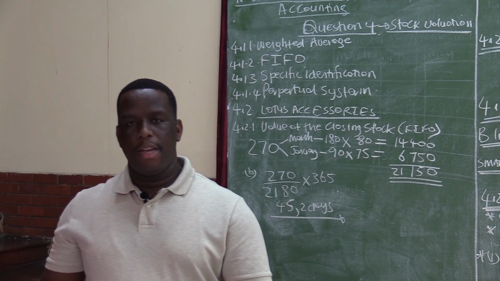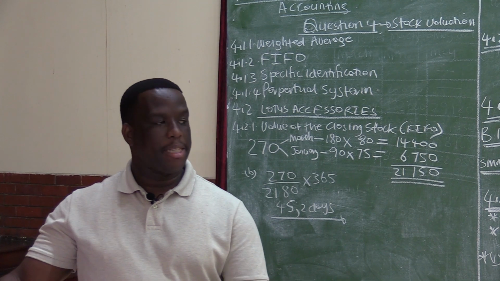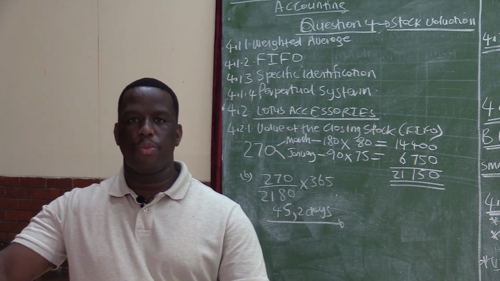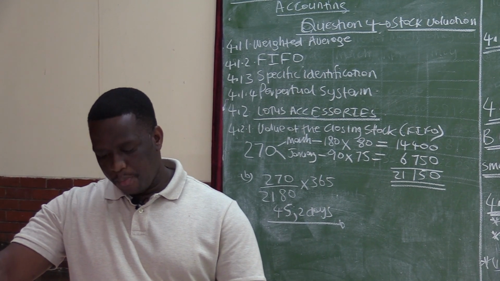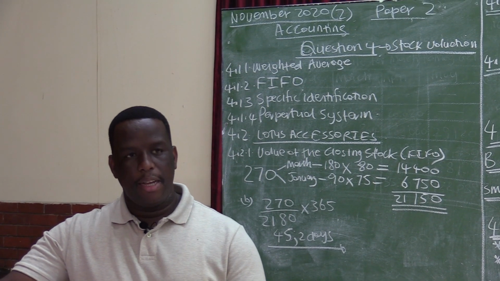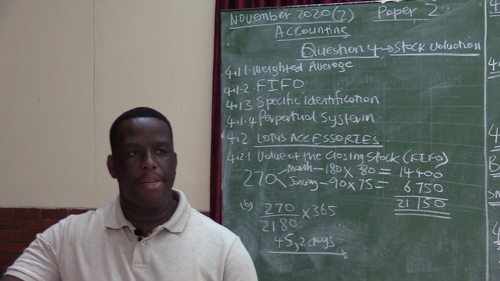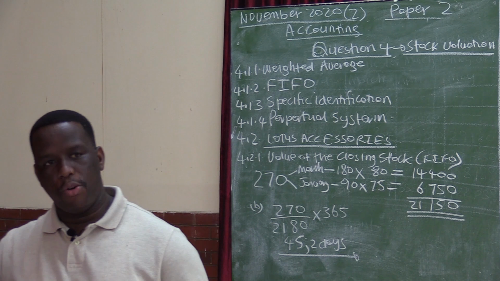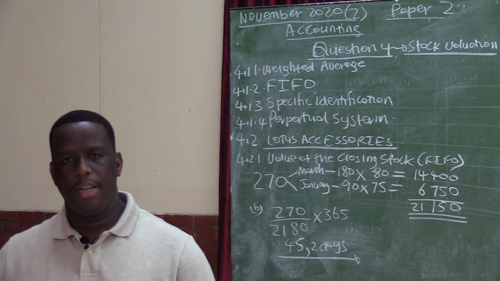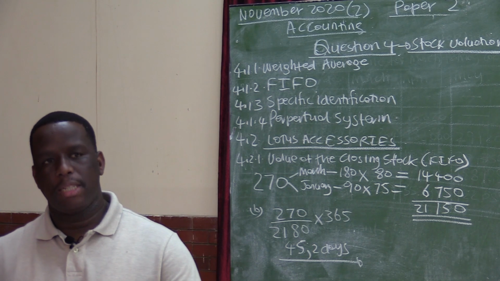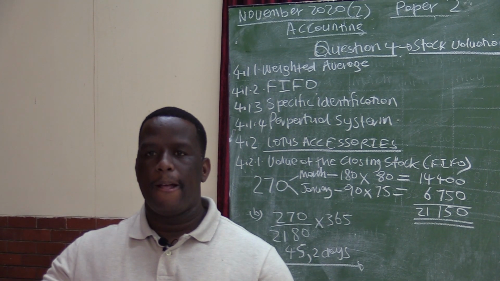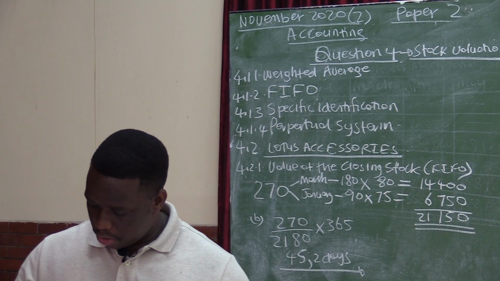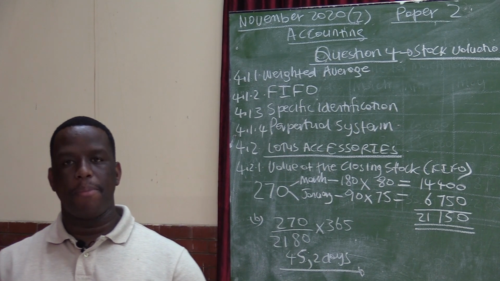Paper 1 is mainly limited liability companies, and we started by dealing with paper 1 of this exam, which was in November 2020, and we finished paper 1. So it was basically limited liability companies, wherein we were looking at the income statements, the audit report, the balance sheet, analysis and interpretation of financial statements, the cash flow statement, and corporate governance. So that was paper 1. What we are finishing now is paper 2.